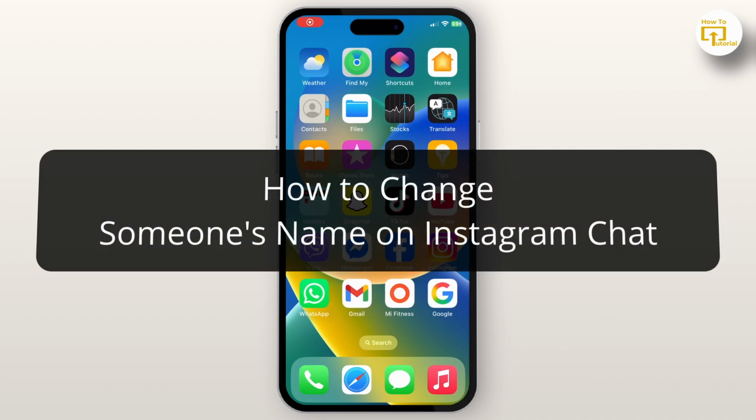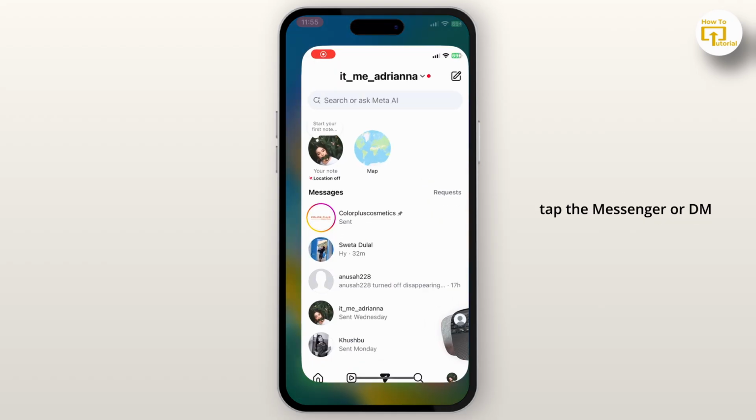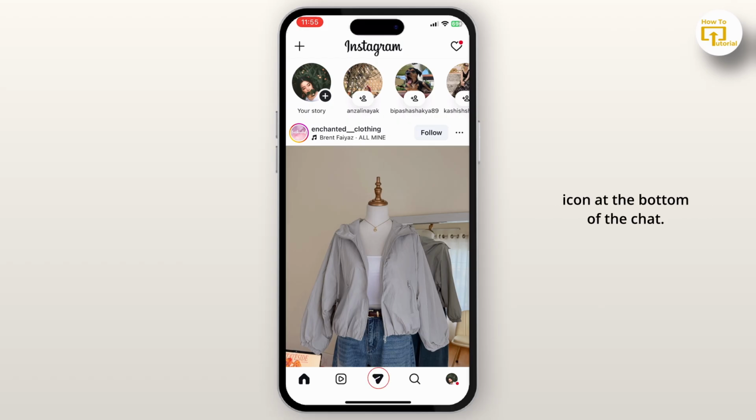How to change someone's nickname on Instagram. Here's a quick and easy way to customize names in your Instagram chats. First, open the Instagram app on your phone and tap the Messenger or DM icon at the bottom of the